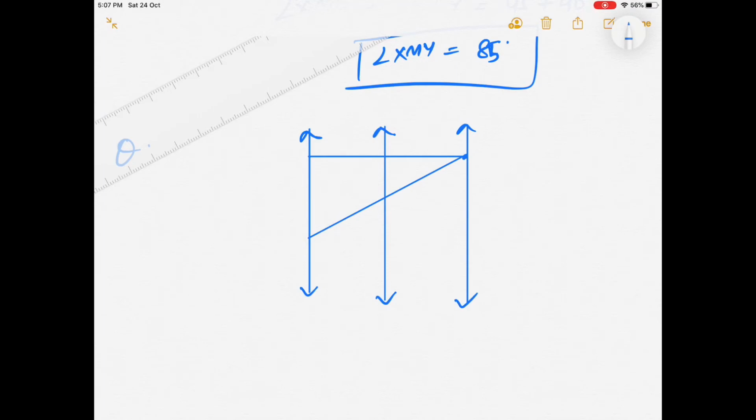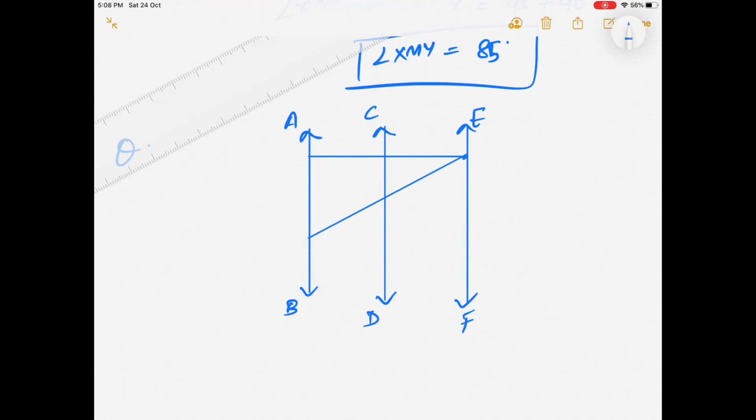We do not know what these lines are until we see a question. Now the question says AB is parallel to CD. This line is AB, this line is CD, and AB is parallel to CD, and CD is parallel to EF. This third line is given to us as EF. All these three lines are parallel to each other.